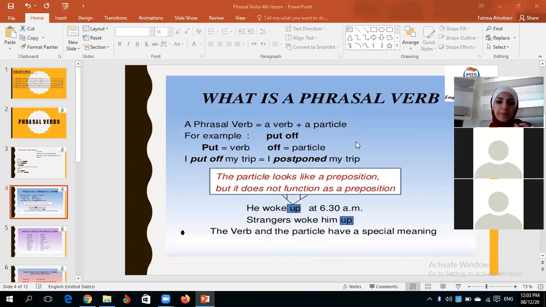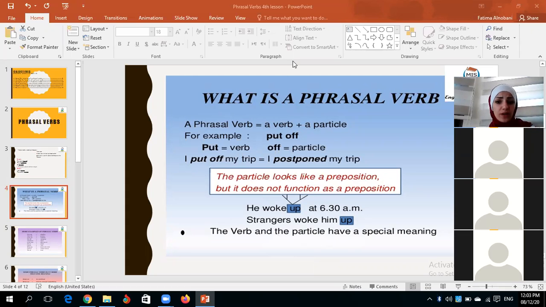Yes, Nada? Nada, you want to say something? Oh, no. Okay, lower your hands, all of you, and raise your hand only if you have a question. Layan Hamdan, do you have a question? No, I'm sorry. Rayano, do you have a question? I forgot to lower my hand. Okay, lower your hands. Do not raise them unless I ask a question.